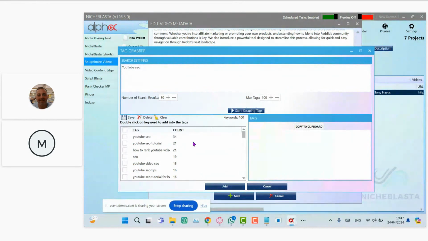Okay, so you can see between those 50 videos, the tag or the keyword YouTube SEO has been used 34 times. YouTube SEO tutorial, 21 times from those top 50 results. And you can